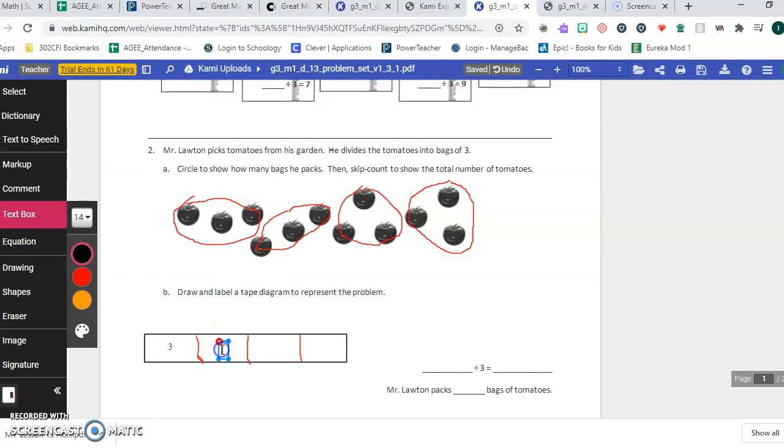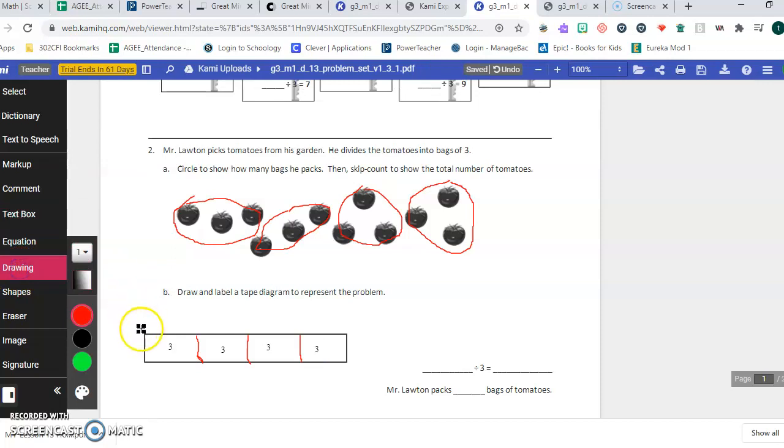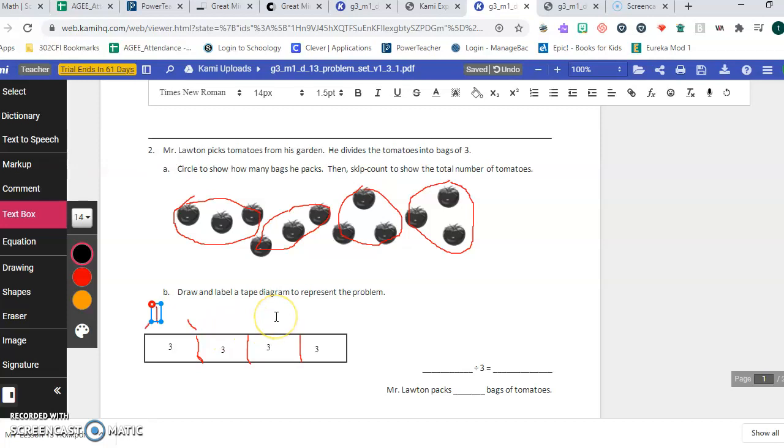3, 3, 3, 3. Okay, so this section here, I'm going to go back to my drawing. This section here would represent 1, and actually what I'd put here is a text box. A text box would be better. I want to go ahead and just insert that text box. 1,